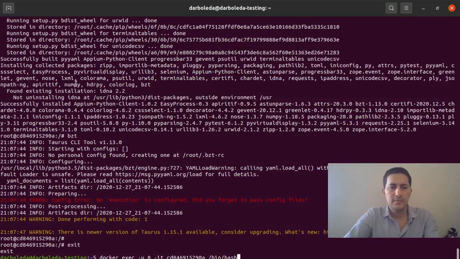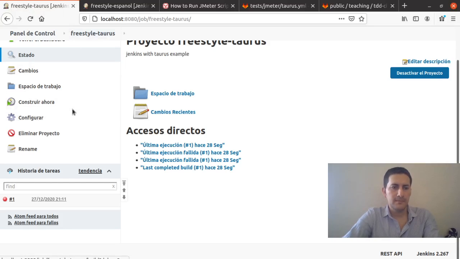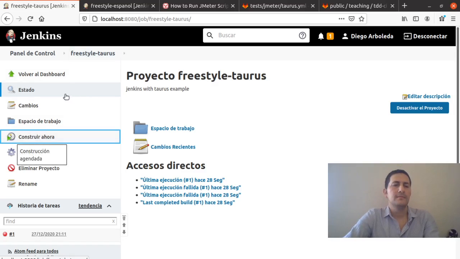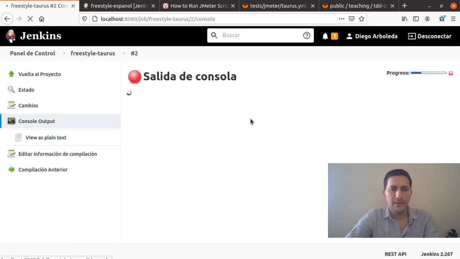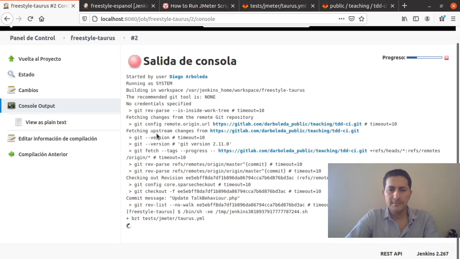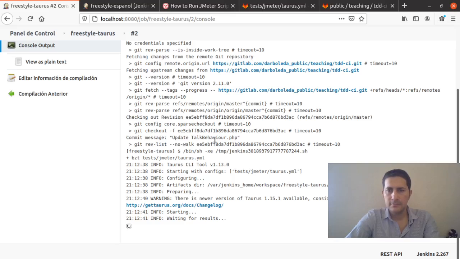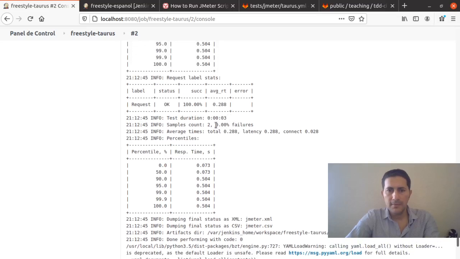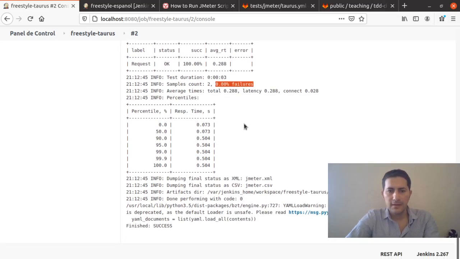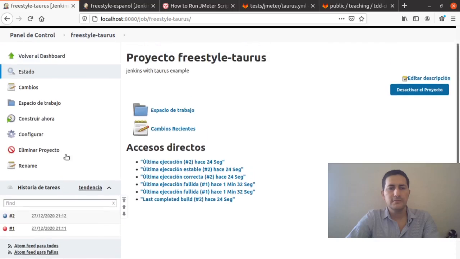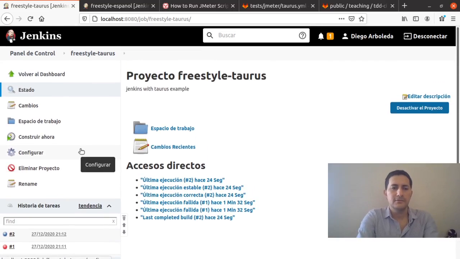So now let me see, this should work. We can make a new build, and let me see, Taurus, now we have 0% of failures, and this execution is a success. So this is the way in which you can use Taurus to run automated tests or to run performance tests